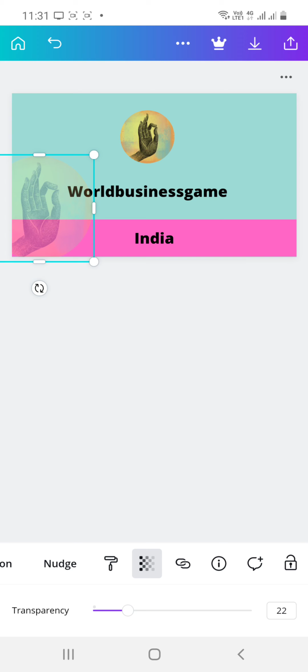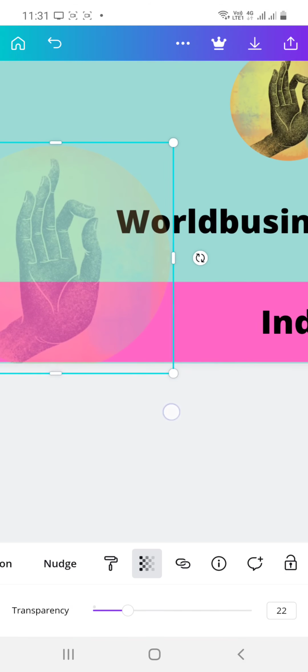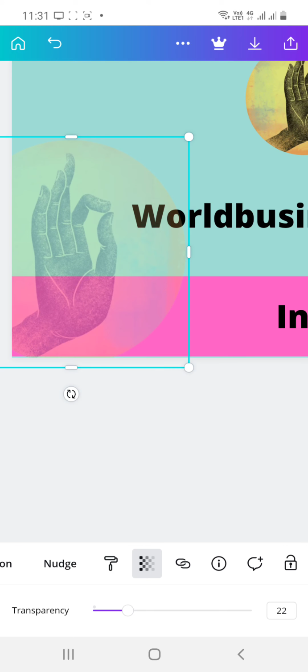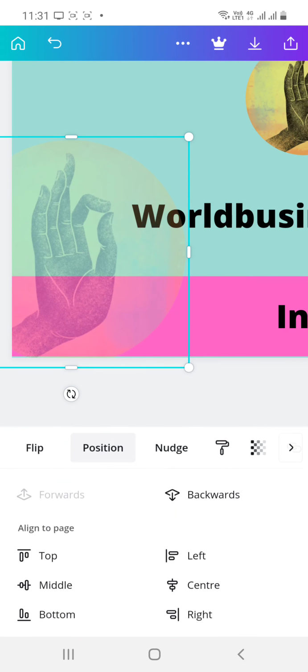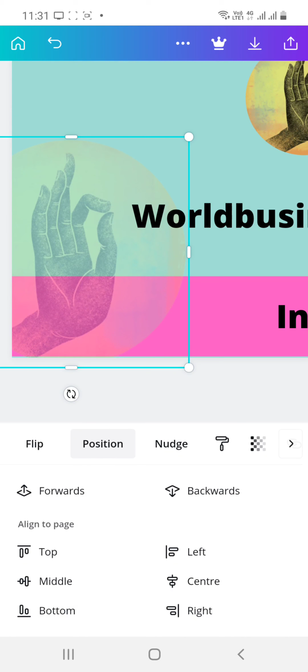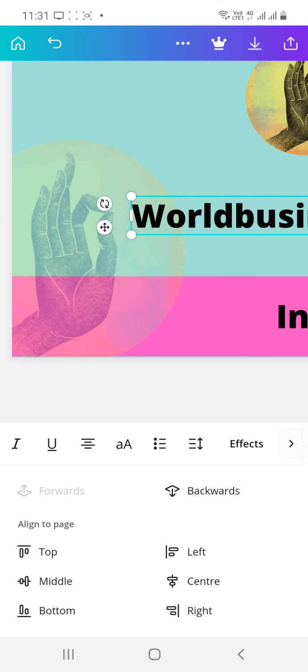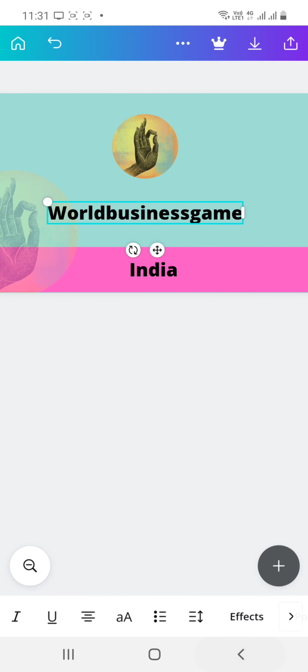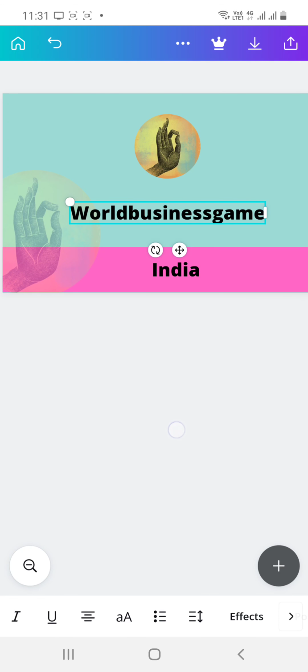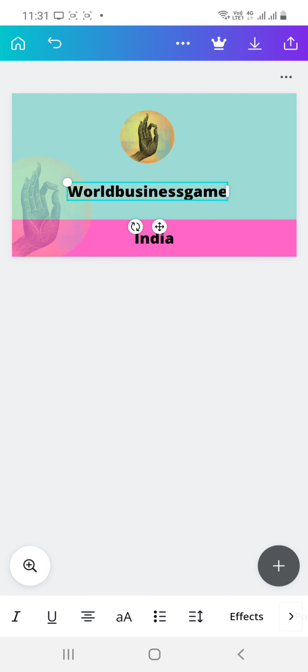Now see what's happening over here, if I zoom, it's on top of my word business. So what I'll do is go to Position. Okay, this is Position. I'll click Backward, see, backward. It goes back many layers, so I'll push it up, and my word tool is okay. It's done. Now see, this is my garden. Now I'll show you how to insert icons inside this.